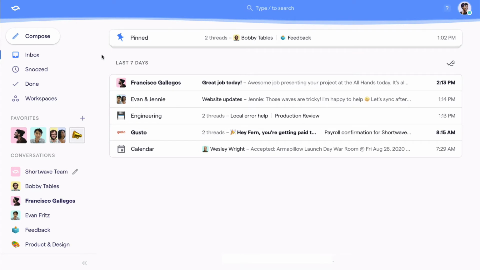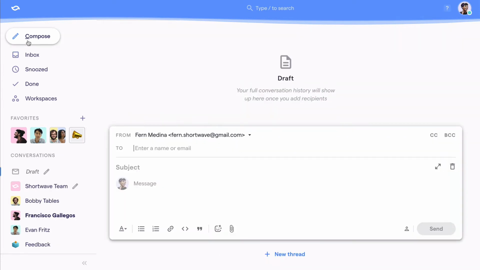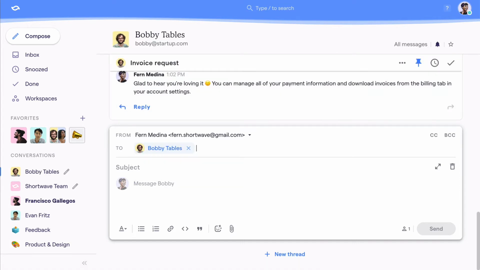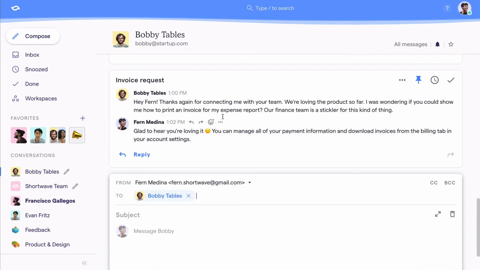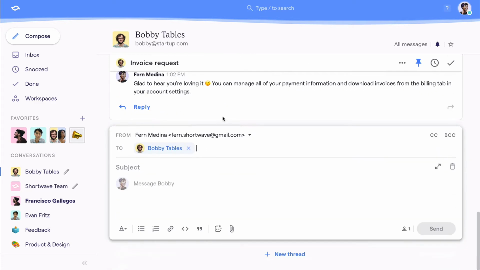To start a new, completely blank draft, hit the compose button in the top left, or if you're a keyboard shortcut kind of person, just press C. Here's where you can add recipients. When doing so, it will bring up your past conversations with that specific person or group that you've added, just like what you're used to seeing in other chat apps like iMessage. You can scroll up to view your conversation history, so you have context on the last email you sent while